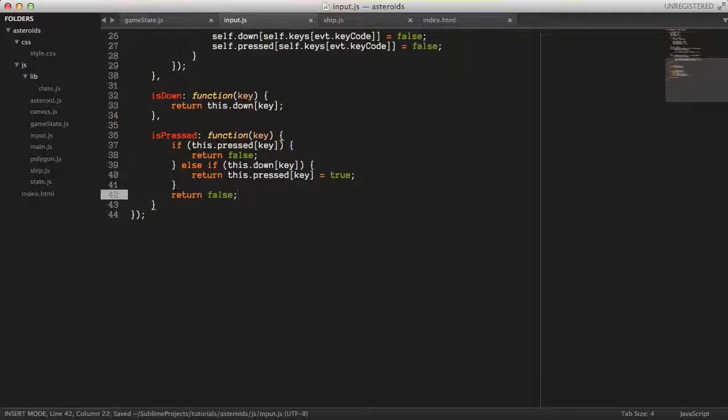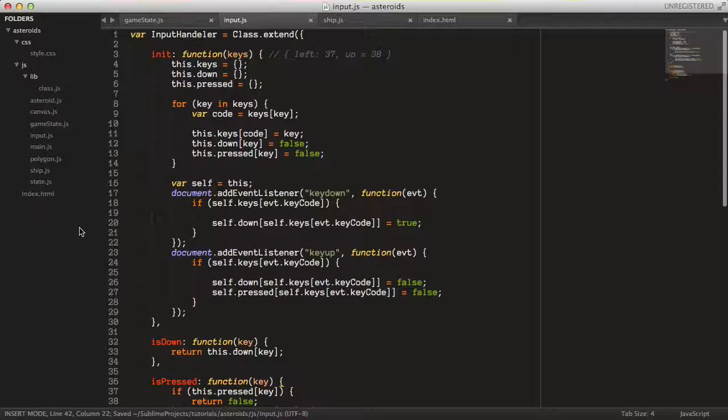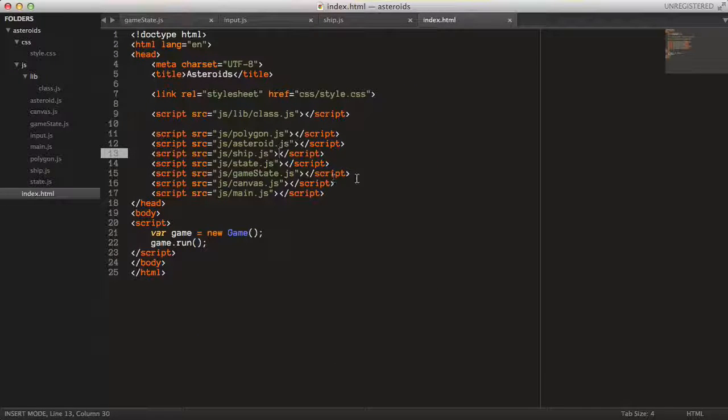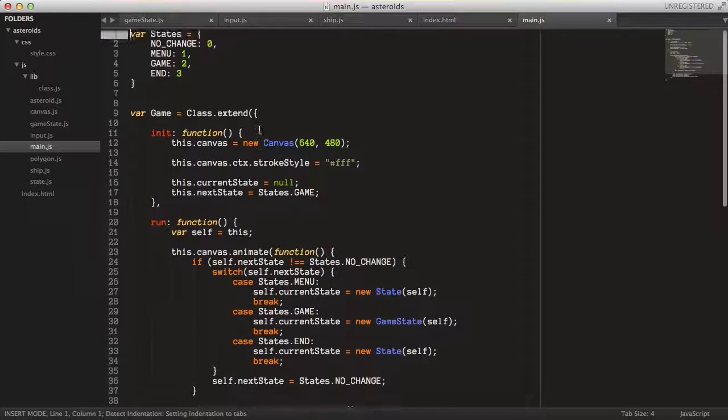That means that no key is pressed at all. Yeah, so that's it for the input handler. So let's just include it here in the source file, also in the HTML5. So we can say script source input.js, like that. And let's go to the main file this time and just create it here after we